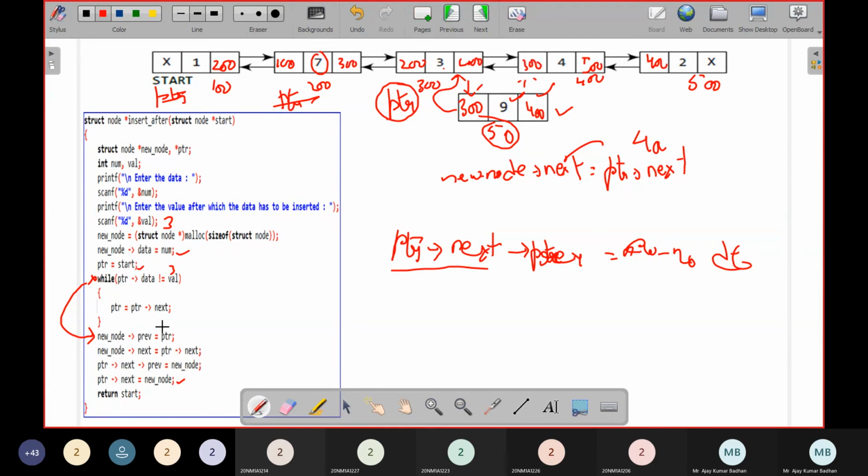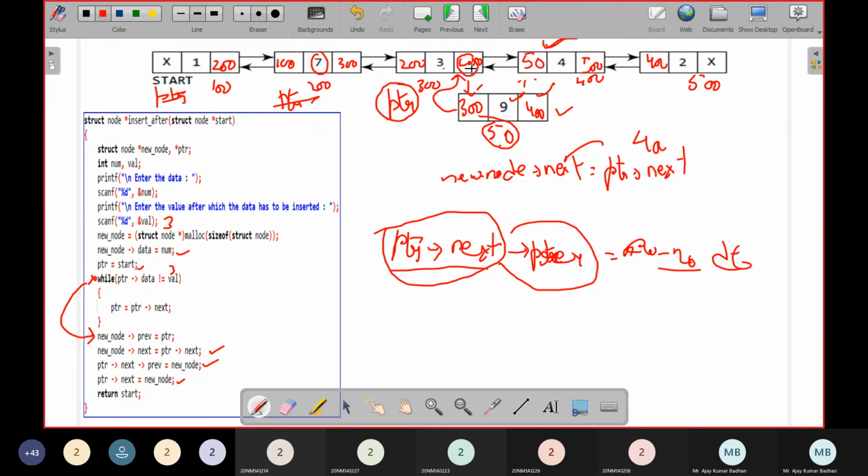So what is happening exactly in this particular statement is this one. Pointer next previous, in the sense, what is pointer next? First take this pointer next. So this is a pointer. What is the value we have? 400. So it is jumping to this particular location. Next previous. So in the next one, what is the previous one we have? This one. This one he is trying to replace with the new node. What is the new node here? 50. So he is replacing this with 50.